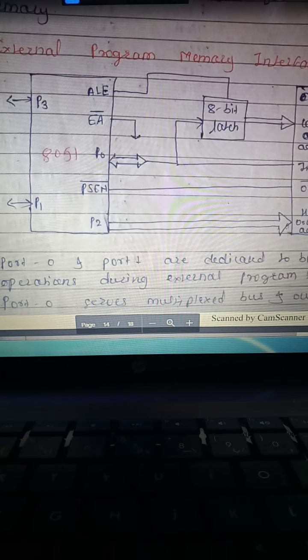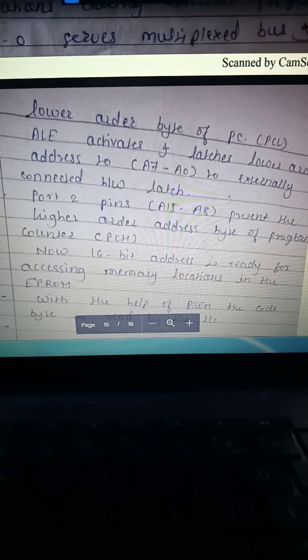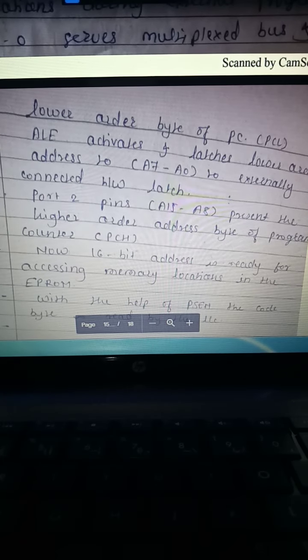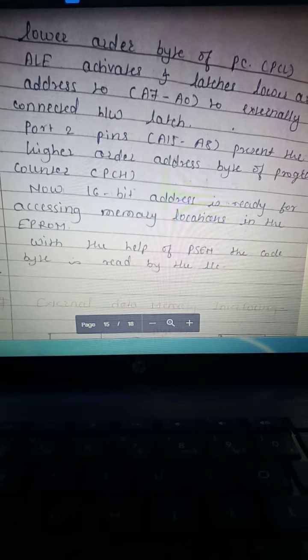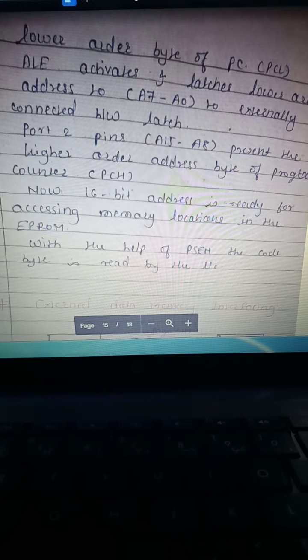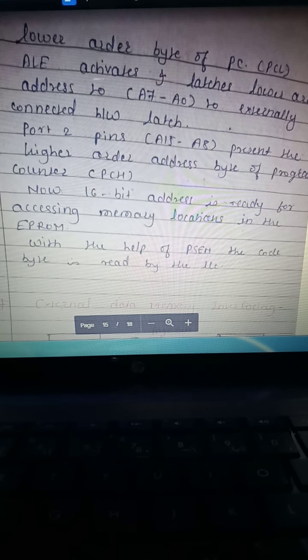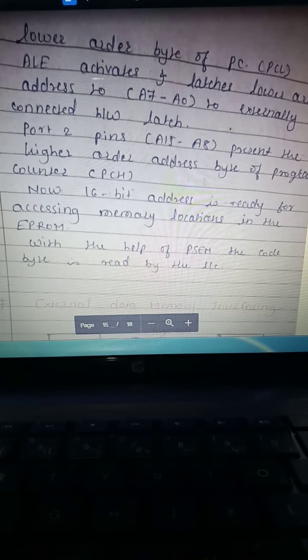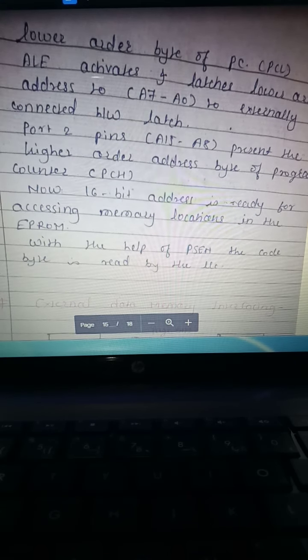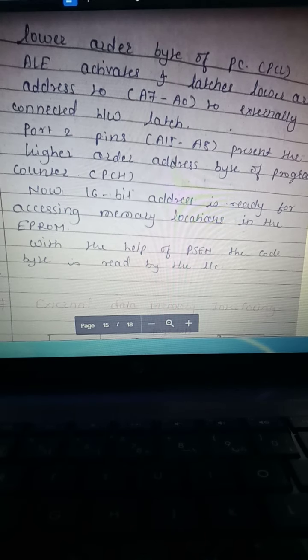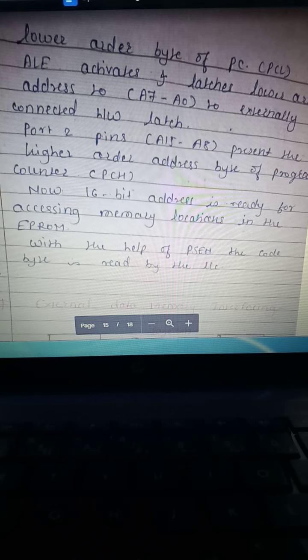Port 0 serves as a multiplexed bus, which outputs the lower order address byte of the program counter, which can be referred to as PCL. Address latch enable activates the latch's lower order address to the externally connected hardware latch. Lower order address is A0 to A7. Port 2 pins, A8 to A15, present the higher order address byte of the program counter, which can be